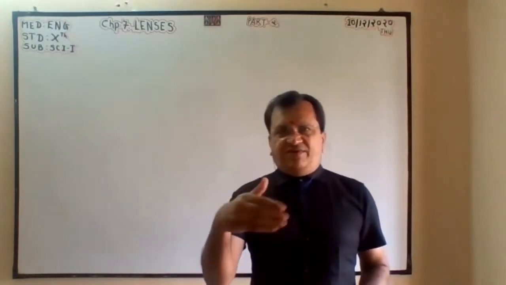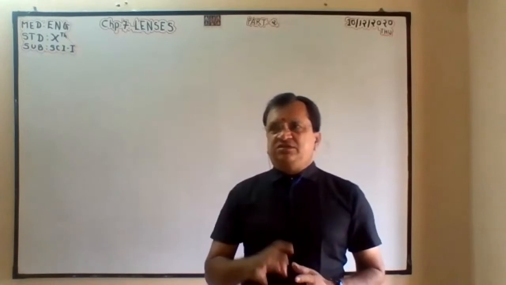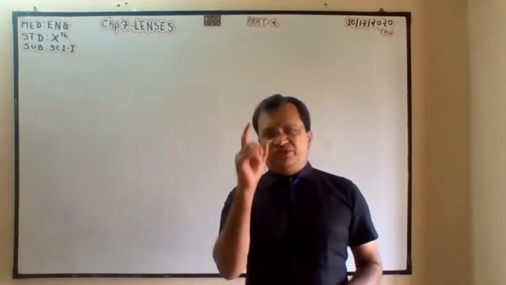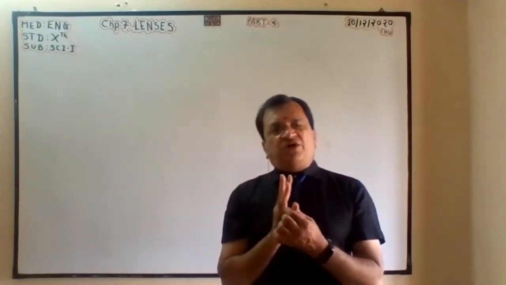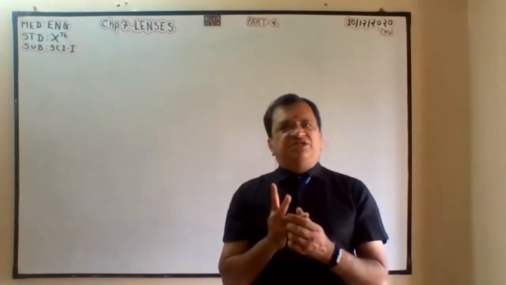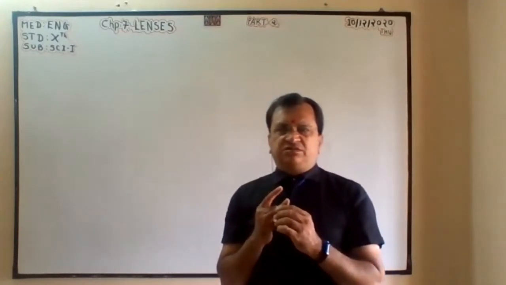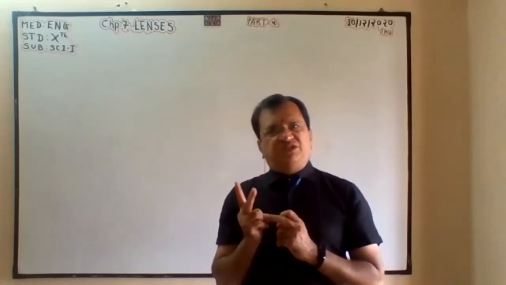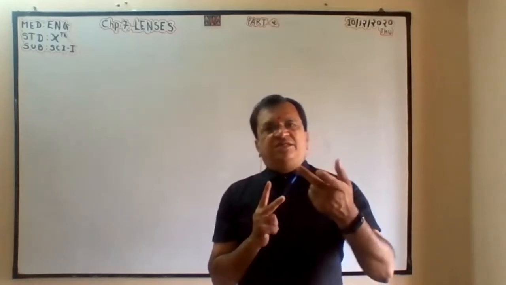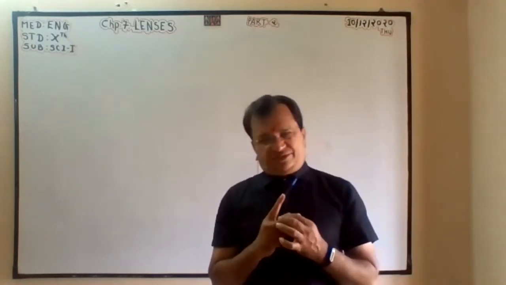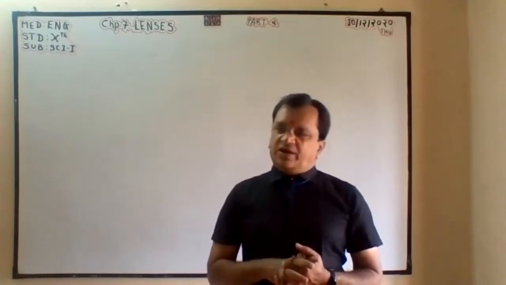So I will revise that slightly. The sequence of the object means the position of the object they will give. For that, you have to write 4 answers. Number 1, the position of the image. Second, whether the image is exactly the same size, diminished, or magnified. That means position, then size. Then inverted or erect. Then real or virtual. These 4 answers you have to write.